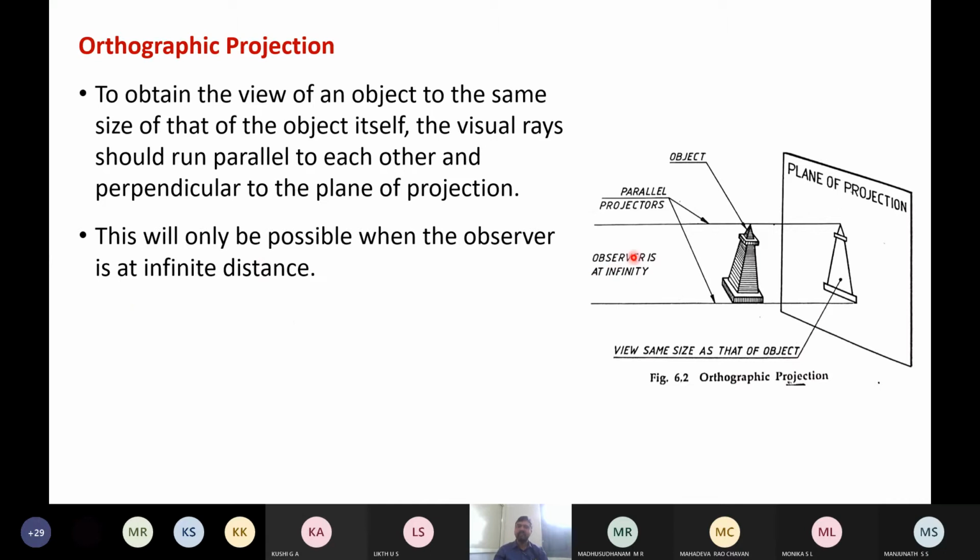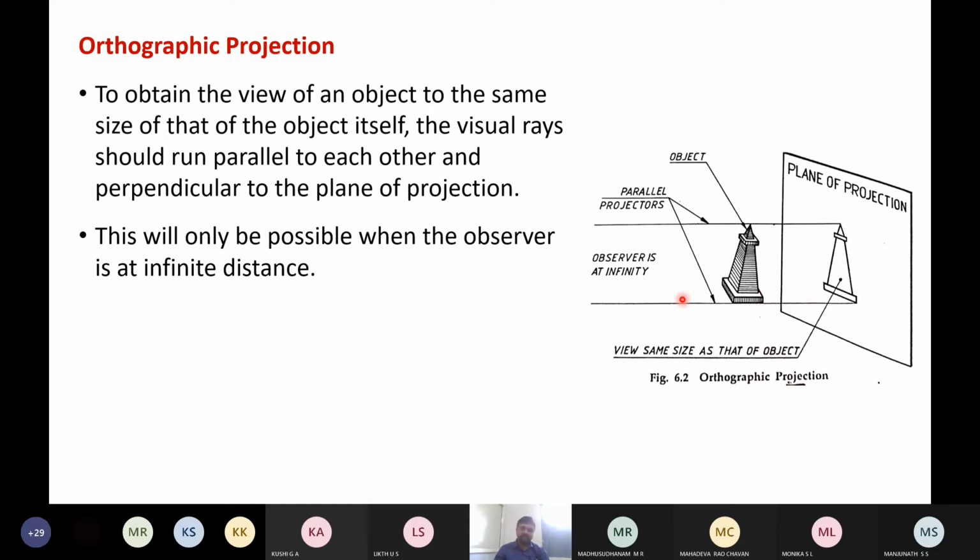If we keep the observer at finite distance, then we have to consider diverging visual rays. In order to believe that the projectors will travel parallel to one another, we keep the observer at infinite distance, and the result is the view will have the actual size of the object.